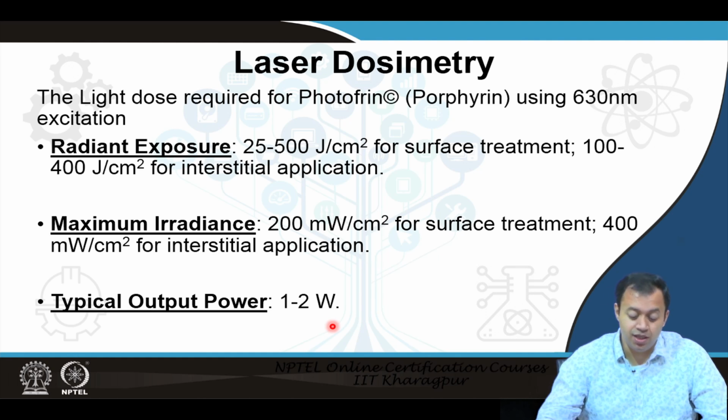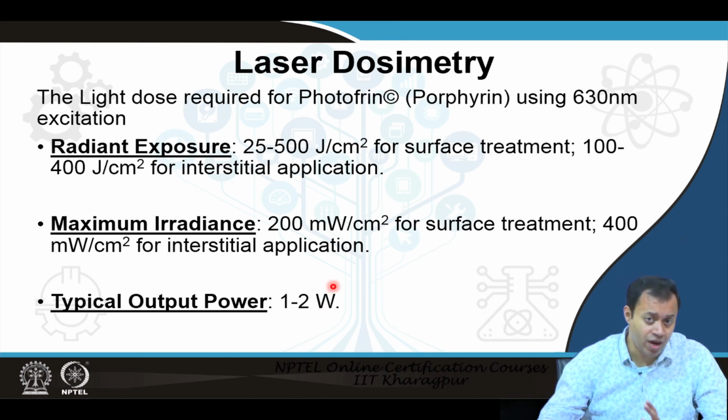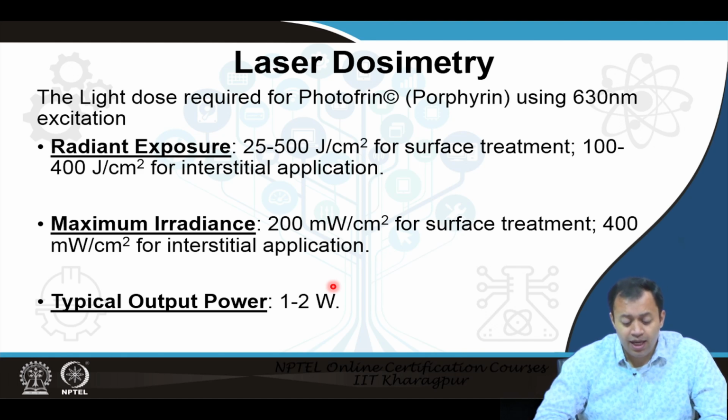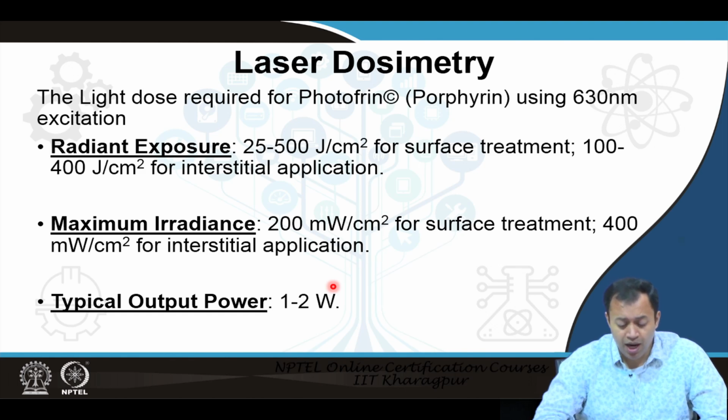The biggest deal breaker happened to be, apart from the cost of the drug, the 1 to 2 watt laser. Though this is not impossible to get, and several well-funded laboratories do contain lasers which have 1 to 2 watt or even higher wattage,